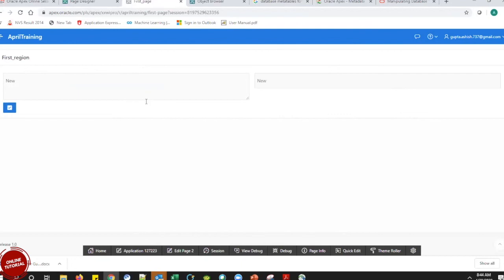On this text area, I have a question here. Yeah, please. Normally we can show these applications on a laptop, but suppose I deploy this on my iPad.